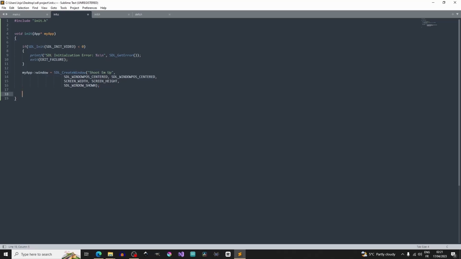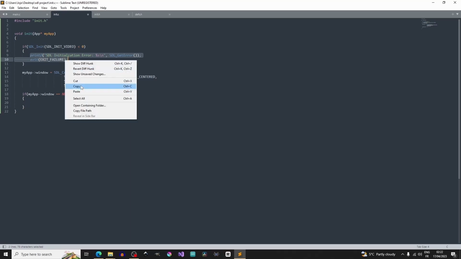Next, we need to test the return to see if we succeeded in creating the window. Let's go with the if condition: window equal to null. If it's true,